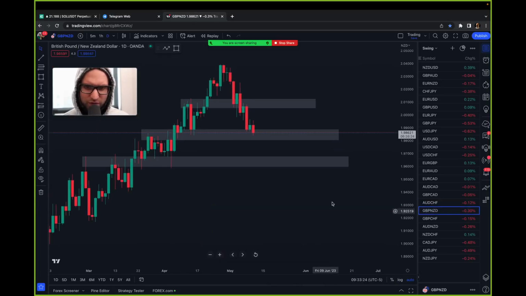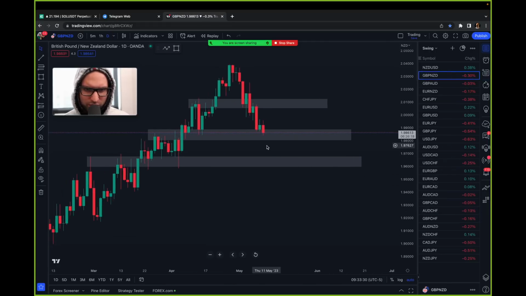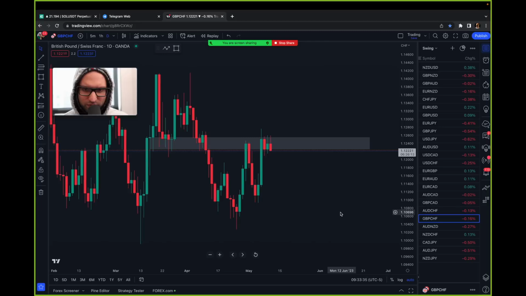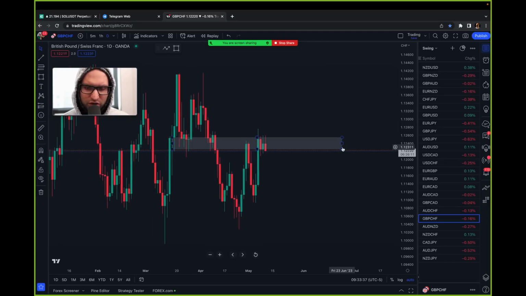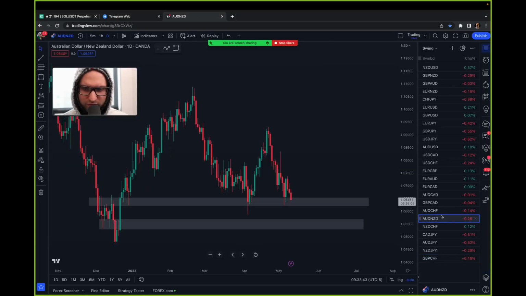GBP New Zealand dollar. This is actually good to go long on right now. I'll probably enter that right here in this call. All right, sweet. So GBP CHF. I'm going to disregard this zone. I think it's going to go down from here, but even if it does, it's kind of already left the zone. The zone's looking kind of weird. I want to drag this to the bottom, to the pit of hell,